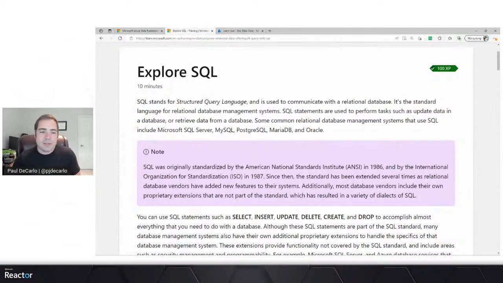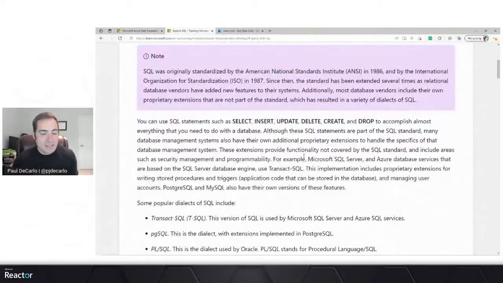So you've heard this term thrown out. What is SQL? Or SQL, as it's often mentioned as. So this stands for Structured Query Language, and is how we communicate with relational databases. It is a standard language for database management systems. And SQL is used across the board, not just in products like Microsoft SQL Server, but also open source products like MySQL, PostgreSQL, MariaDB, and Oracle. So it's interesting that these concepts that you're going to learn about shortly, if you're not already familiar, for example, things like select, insert, update, delete, create, and drop, are going to be available in all of the aforementioned database